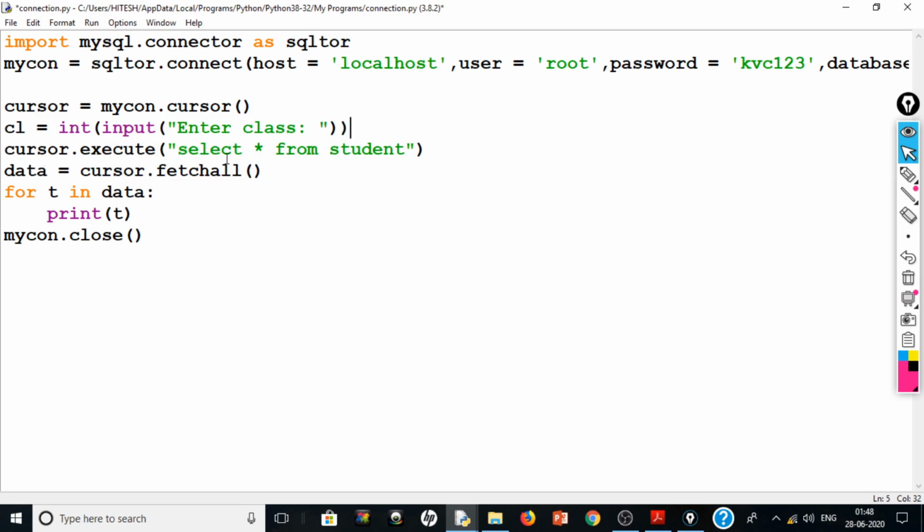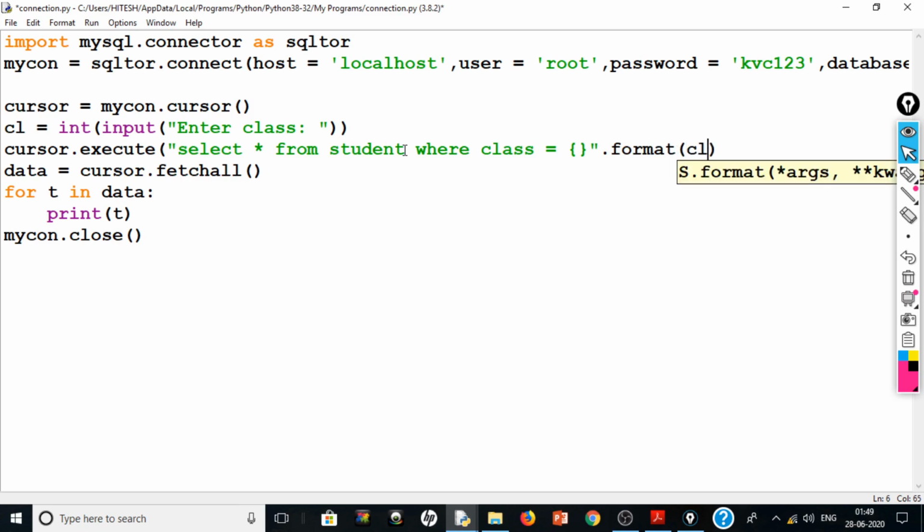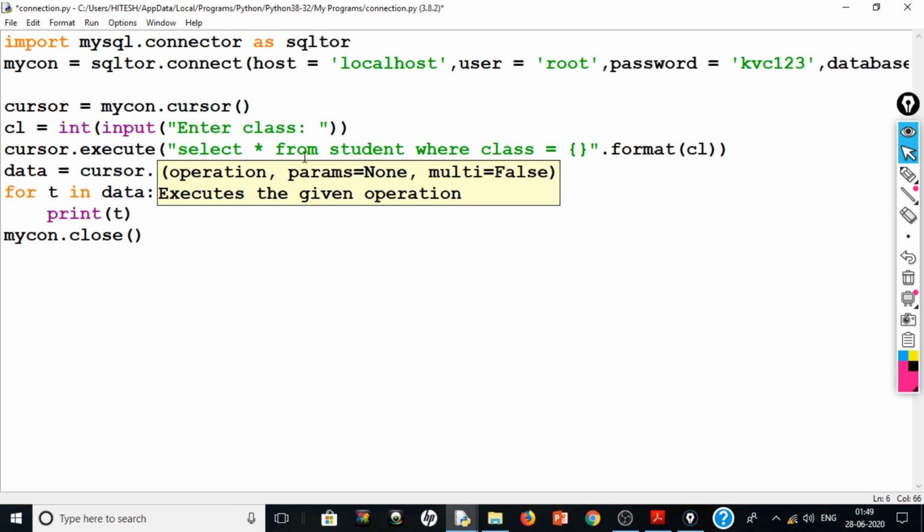So we want to select the records: select * from student where class = {}, .format(the value of CL entered by the user). So whatever the value is, we will select only those records which match this condition, where class equals the value of CL, right?